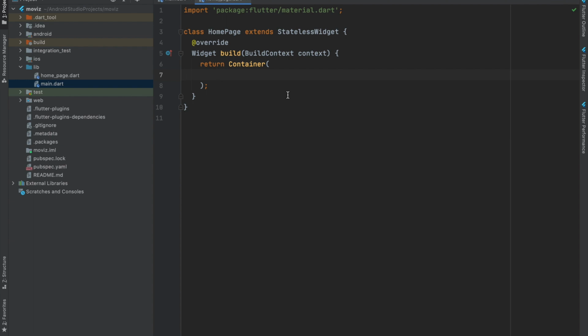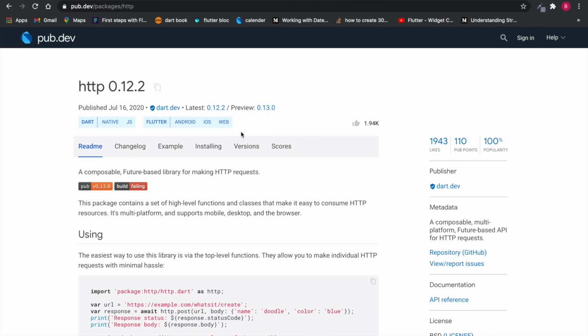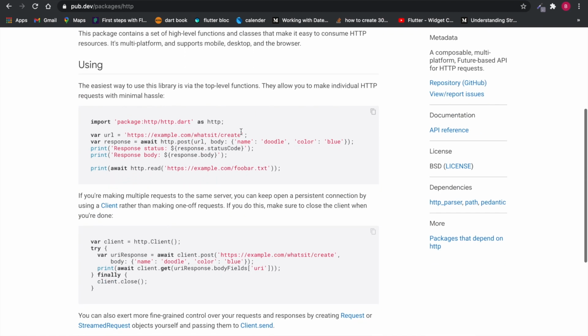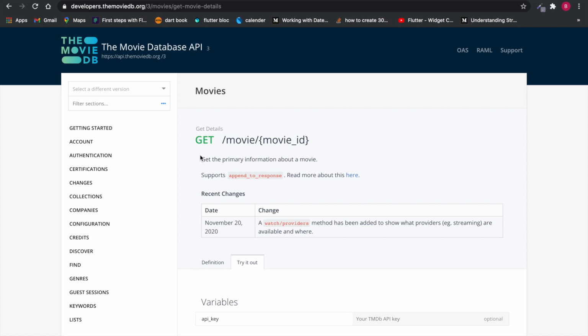Now let's add the dependency that we'll be using in our project. In Flutter, we have a dependency called HTTP for making the HTTP request. All the HTTP methods act as a medium of communication between the client and a server. So while fetching the data from the internet, we will send a request to the server for the data that we want to display in our app, and we will use this dependency for that. You can go through the documentation to have the detailed information about how it works, but for now we will only use the get method to get the data from the server, and we'll be using this API from the MovieDB for getting the list of the movies to display in our app.